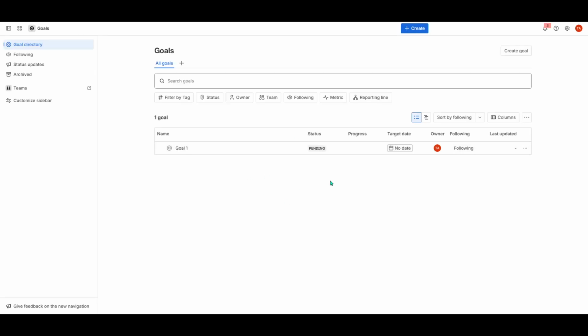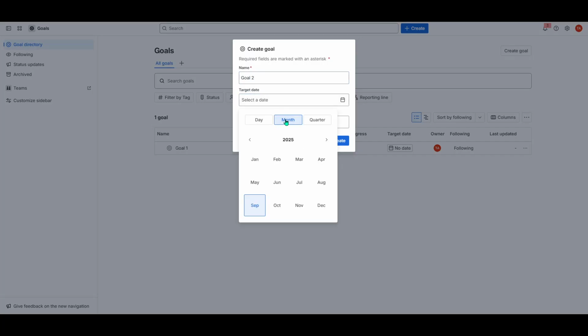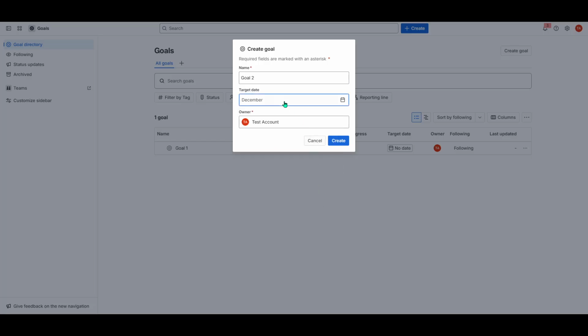Now, it's time to define your goal. Start by giving your goal a name that accurately represents what you're aiming to achieve. It's essential to make this name clear and concise to avoid any confusion later on. Next, you'll need to enter a target date. This is the deadline by which you hope to accomplish this goal, so make sure it's realistic yet ambitious enough